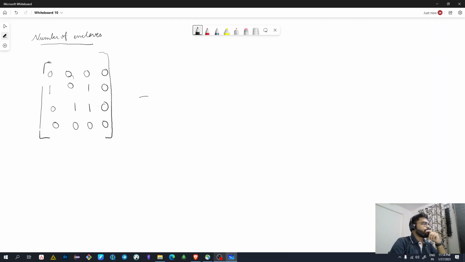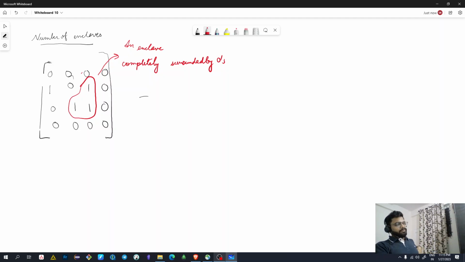Number of enclaves. So if we put aside the enclave, exclave terminology, we can find that we just need to find the pieces of islands which are not connected to the boundary. We need to find pieces of land